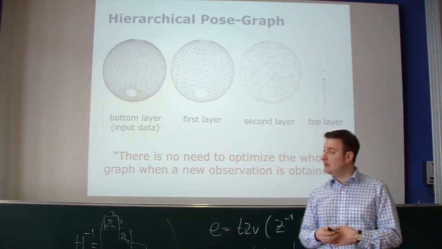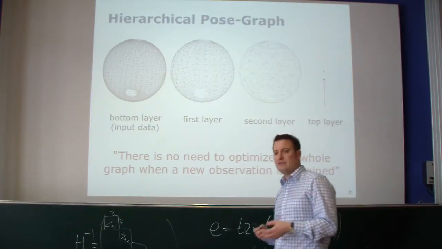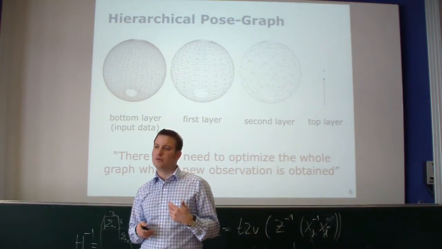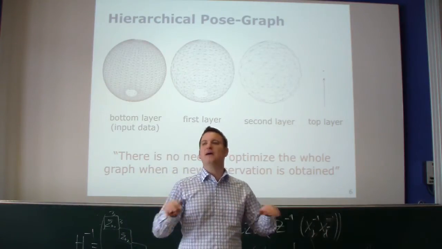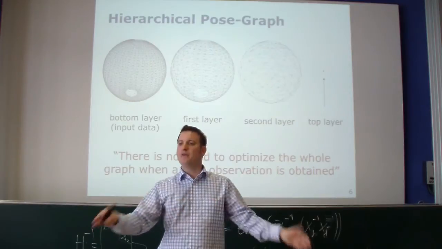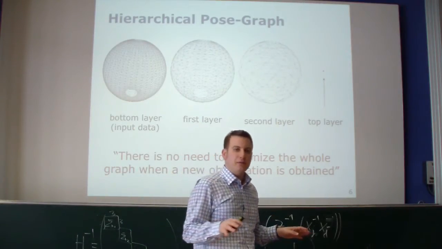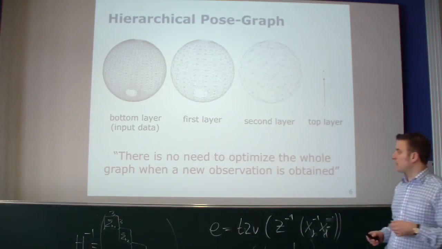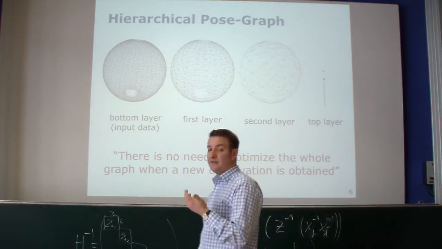So it's one of the key insights that there's no need to optimize the whole graph at every point in time, whenever I add a new node or a new constraint to the graph. It's only important for me to know the rough structure of the scene and maybe the local surrounding accurately. The rest I don't care about at the moment. And this is the key insight why this hierarchical approach is actually beneficial for solving the SLAM problem